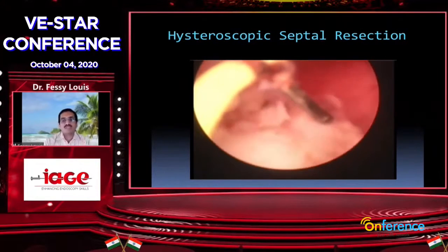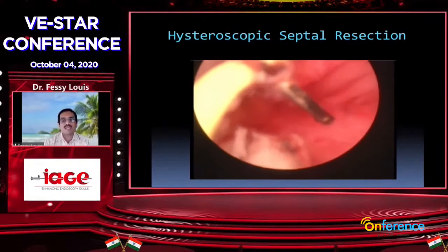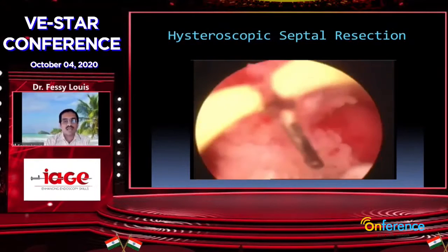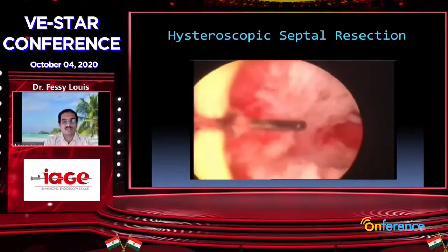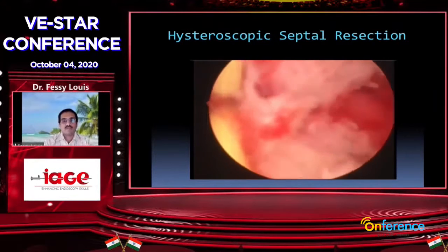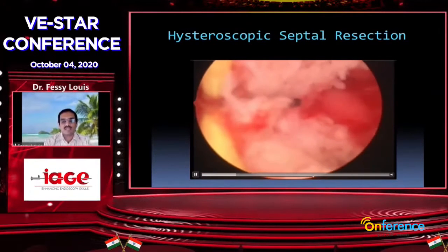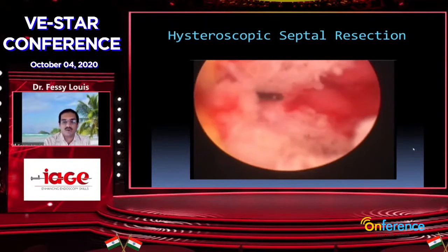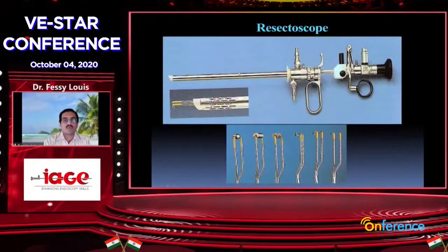But when we use the resectoscope, we have to always dilate the cervix up to at least 7 millimeters. Some resectoscopes are even 8 millimeter. That is one thing we have to see. But now, as Rohan told, this is the resectoscope, which we have to dilate up to 7 with the loop or